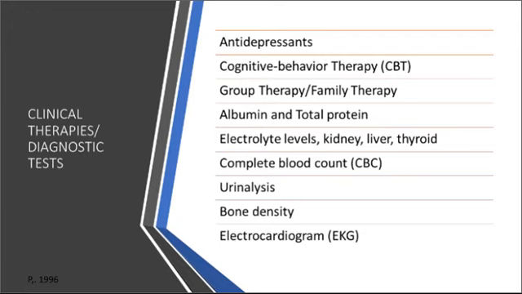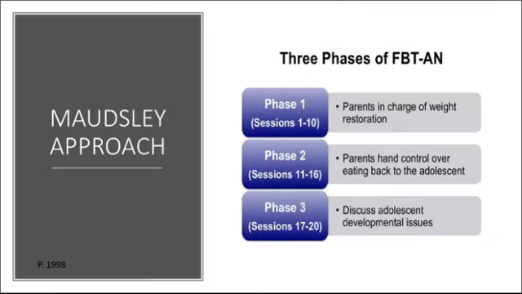Your thyroid, that's your TSH, thyroid stimulating hormone, and thyroid hormones. Complete blood count, looking at your white blood count, RBC, hemoglobin, hematocrit, and your platelets. Your urinalysis, you're looking at your specific gravity for hydration, bilirubin, spilling glucose, spilling proteins, and especially spilling ketones, which means you're breaking down muscle. That's malnourishment. Bone density because of loss of calcium and bone fractures, stress fractures. Electrocardiogram for your cardiac arrhythmias and cardiac function.